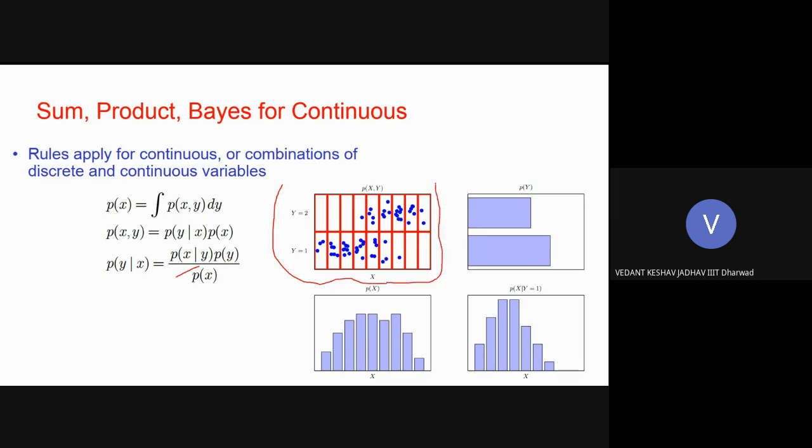It is not continuous here, right? So I have discrete values of x and y. Let's say x equals 1, 2, 3, 4, 5, 6, 7, 8, 9, till 9. This is the x-axis and this is the y-axis. I have two values for y, and for x there are 9 values. And this is a joint distribution, right? So when I say this is a joint distribution, it means I have a joint probability. For example, for this window, if you ask me what is the probability of seeing x equals 4 and y equals 2 together, right? So what is the probability of seeing this window?